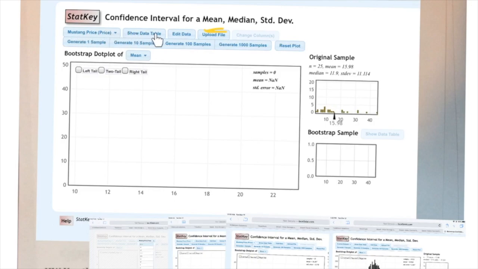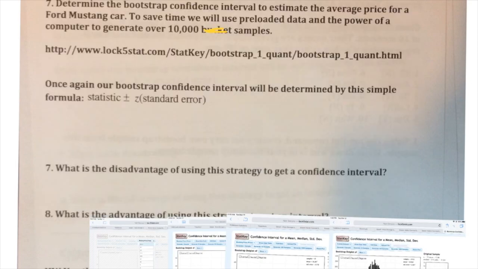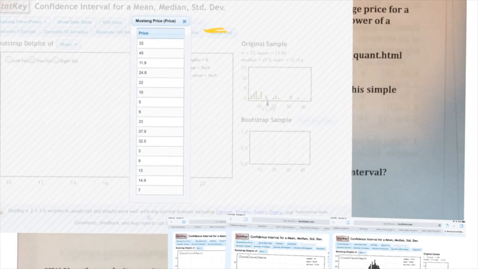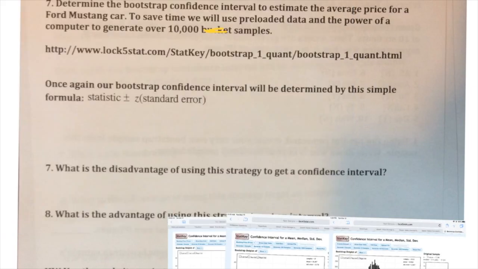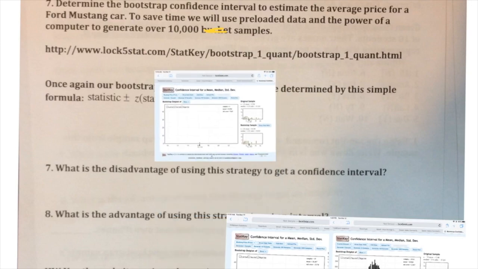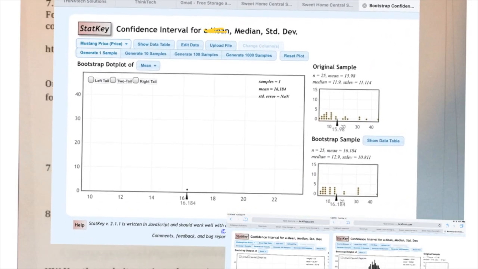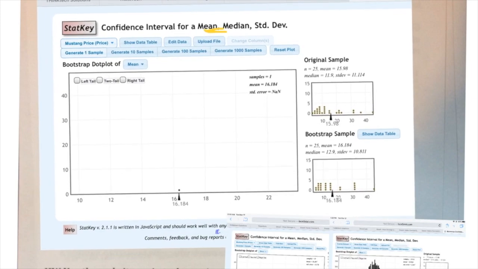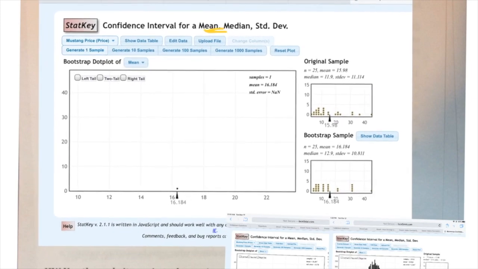If you click on show the data table, it'll actually show you the list of all the prices for the Ford Mustangs, and you can scroll up and down that list if you want to, but do not change any of the numbers that are there. You can click on that X to X out of that, and that'll bring you to this screen again. And what we'll do is generate a Bootstrap sample by